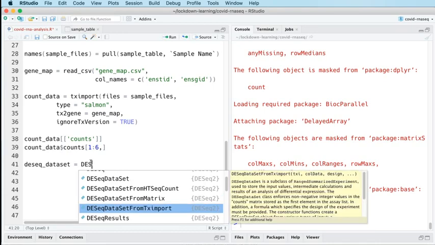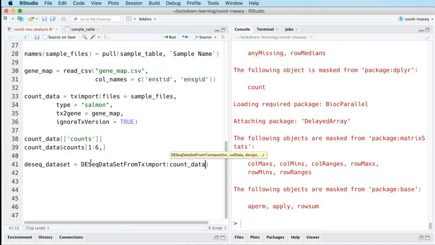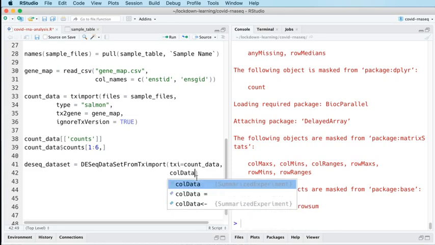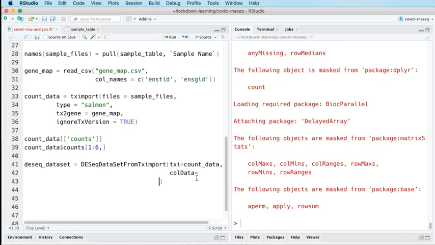which takes the results of tximport, which is the count data, and then it takes a thing called colData. So countData here is what's called our txi. That's the object that's produced by tximport. Then the other arguments of this DESeqDataSetFromTximport are colData and design. And I'm going to talk through these two things because although we've just got a single function here, it's nice to know what these arguments mean. So colData is